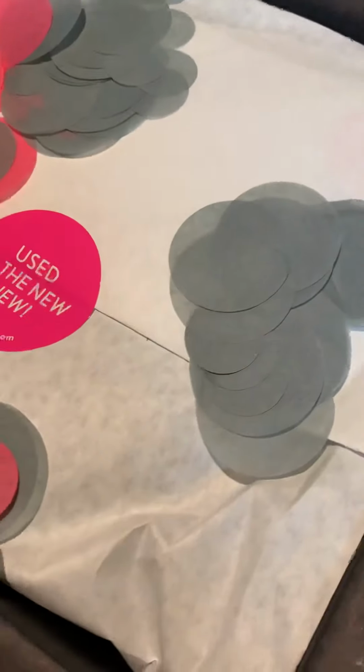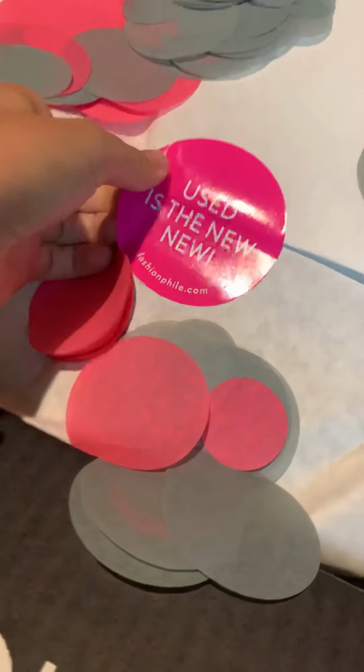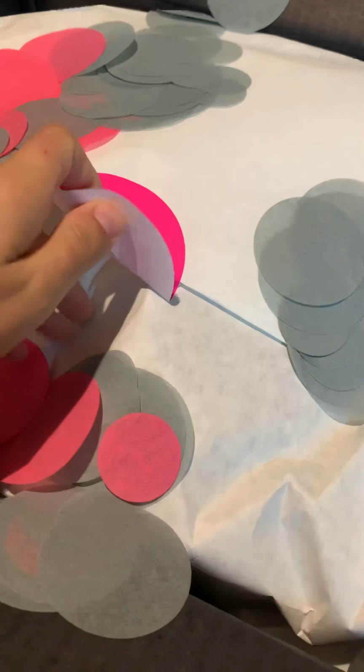And used as the new word. Gosh, it's been like, I think, I don't even know how many years, like 3 years since I've purchased a designer bag. So I'm really excited about it. It comes in Fashion File. It's pretty good quality. It feels pretty thick in this dust bag,